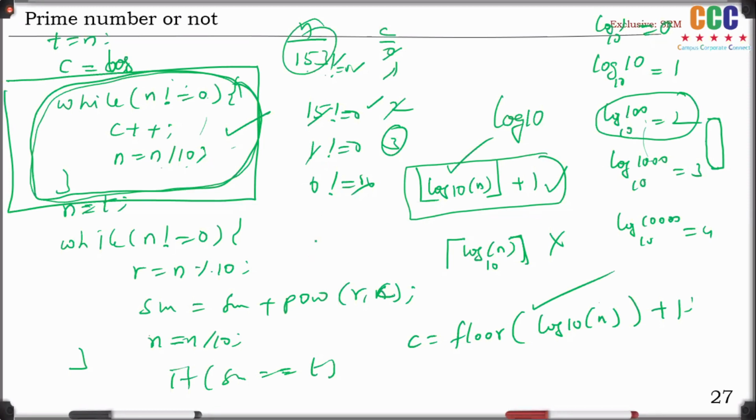Armstrong number means not actually the sum of the cubes of the individual digits, but the sum of the powers, based on how many digits there are. For example, if it is a 3-digit number, the sum of the cubes: 153 is equal to 1 cube plus 5 cube plus 3 cube. If it is a 4-digit number, 1 to the power of 4, 5 to the power of 4, 3 to the power of 4, 7 to the power of 4 and so on. To achieve that, we used a while loop. This while loop will give us how many digits there are in the number.